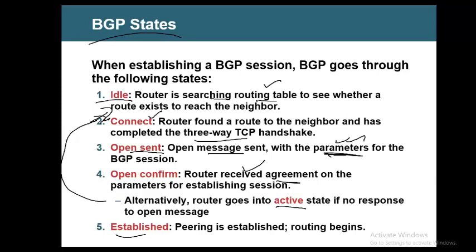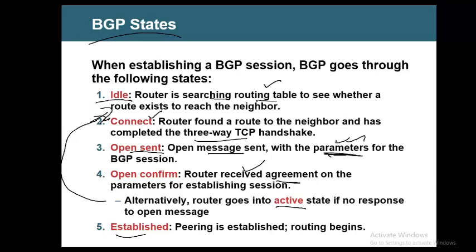Say, for example, the next hop is unreachable. The packet is coming from some source, and that source is unreachable. Or the packet is coming from some source, and that source is not configured as the neighbor. There is some difference between the address you have configured as a neighbor and the source address from where the packet is coming. So during this active state,